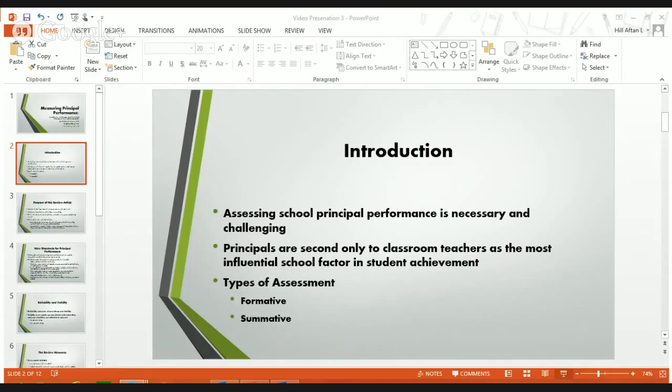The next assessment we're going to look at is the Instructional Activity Questionnaire. This measure was developed by Larson as a performance assessment tool that specifically addresses instructional leadership aspects of principals' work. The measure was developed through an extensive review of the principal effectiveness literature. It is also a questionnaire.